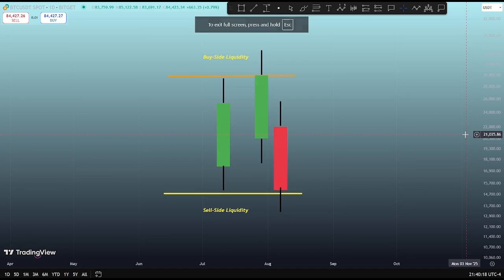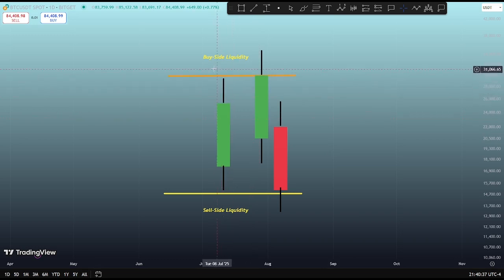Moving to our next part, how a candlestick has liquidity. In trading, liquidity commonly refers to the ease with which a position can be opened and closed at a desired price. Candlestick lows and highs naturally become liquidity pools. So here we can see above we have the buy side liquidity, and at the lower side of the wick we have the sell side liquidity.